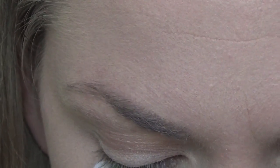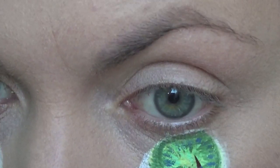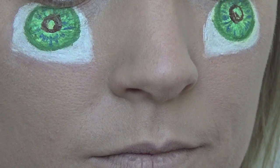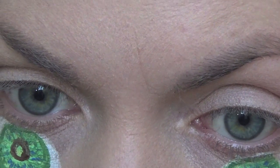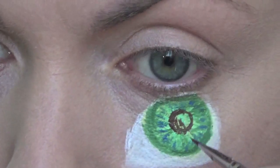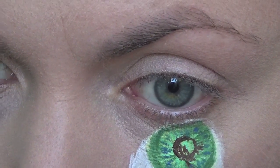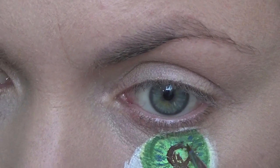And then, just to help me place where I'm going to put my black pupil, I'm just going to go in with a brown first and draw a circle where I think I want it. Selfie time! And then I'm just going to smudge out these brown bits outwards, and then I can place the black